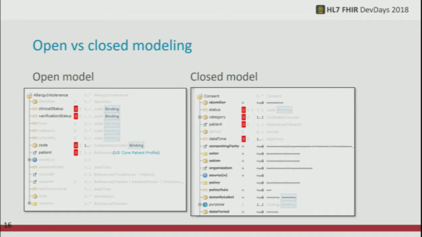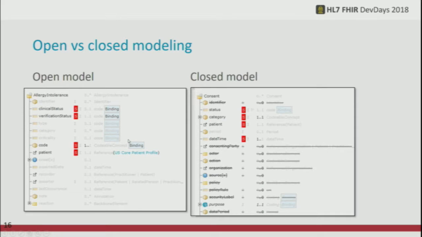For example, here in allergy intolerance, this is an open model. We only constrain clinical status and verification status here. Put a binding on code, and added a